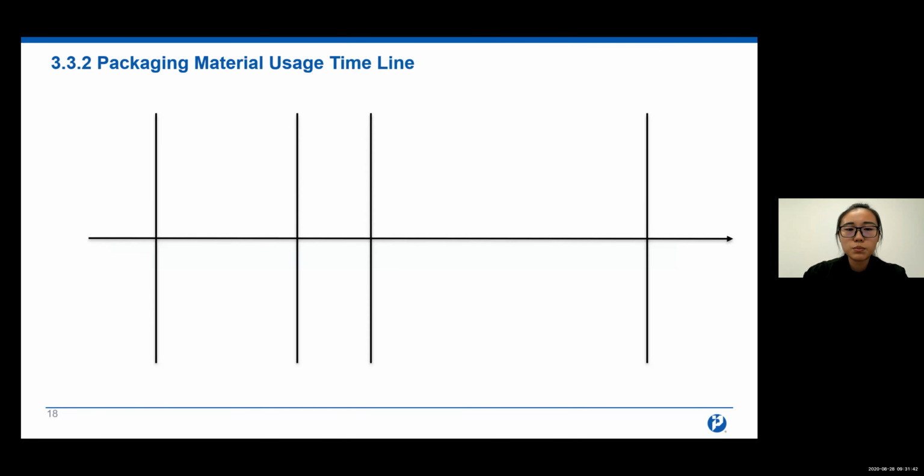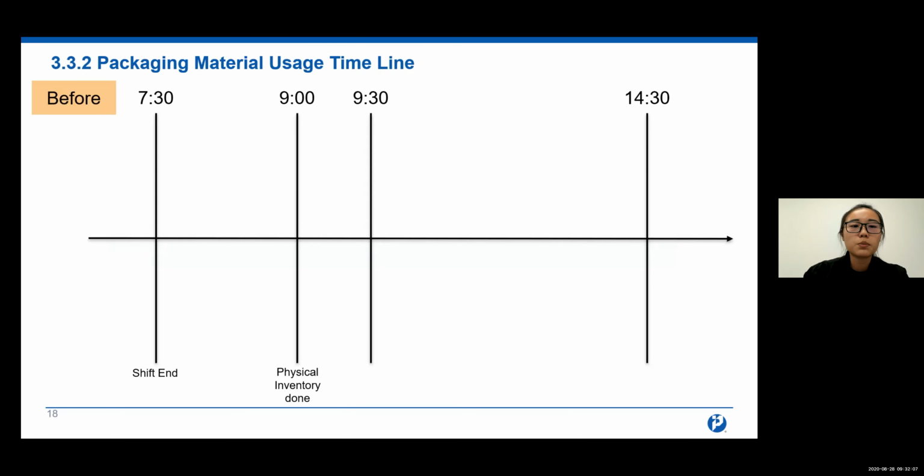For the package material usage, we had 4 time points for this line. First time point is 7:30 a.m. for shift end. Second time point is 9 o'clock a.m. for physical inventory done. Third and fourth time points are 9:30 a.m. and 2:30 p.m. Before improvement,